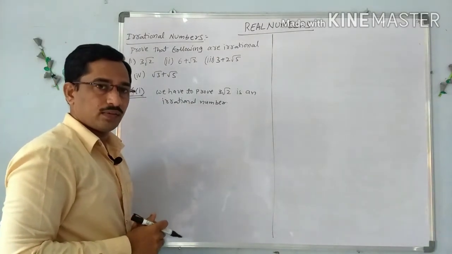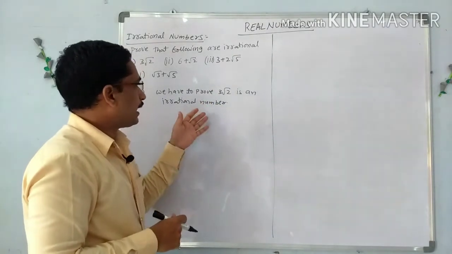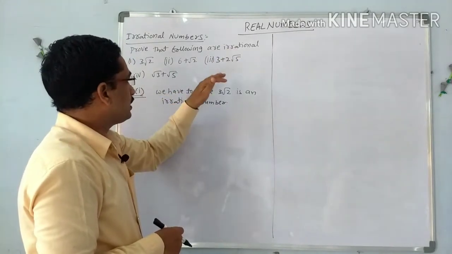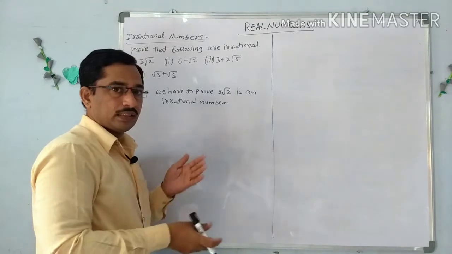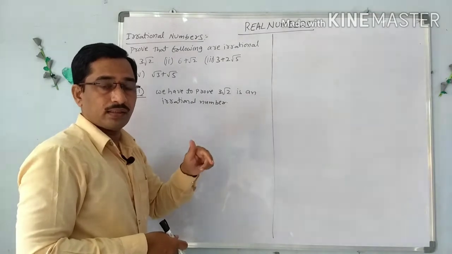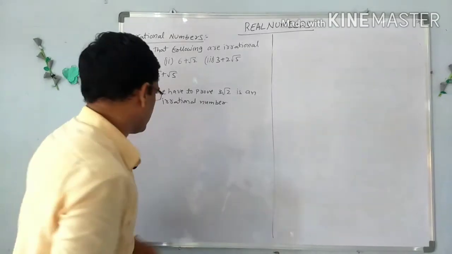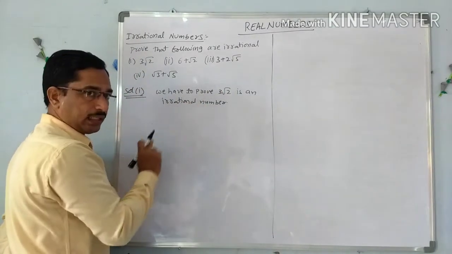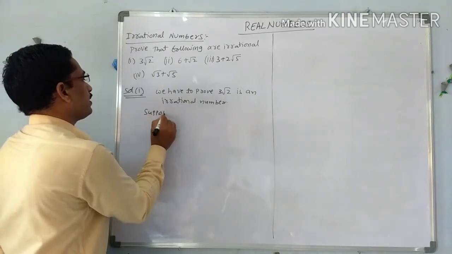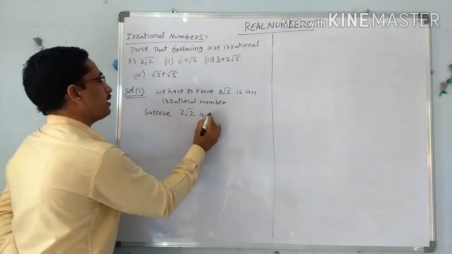What is the meaning of proof of contradiction? We have to solve the problem by taking the statement against the given one. We have to prove it is irrational, but we prove it not in the direct way. We consider the quite opposite statement, meaning we consider it is rational. This type of proof is called proof by contradiction. Contradiction means quite opposite. We have to prove it is irrational, but I am taking this as a rational number. Suppose 3 root 2 is a rational number.